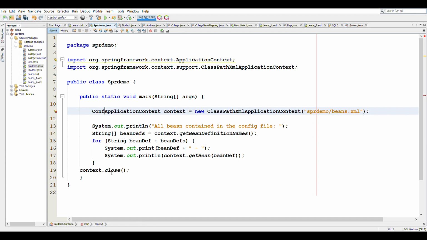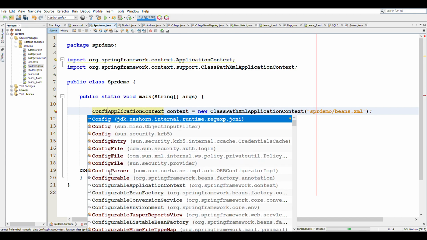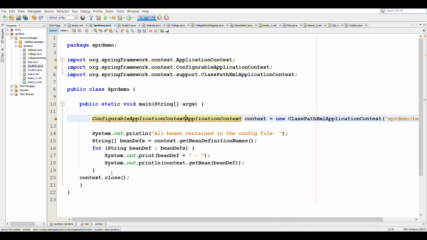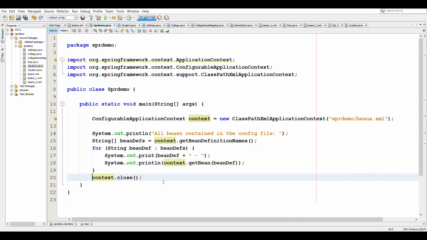So we'll use a configurable application context, which has a close method. So when the context will call the close method, all the beans will be removed. All the beans belonging to that context will be removed so that the destroy method will be called immediately before the beans are being removed.